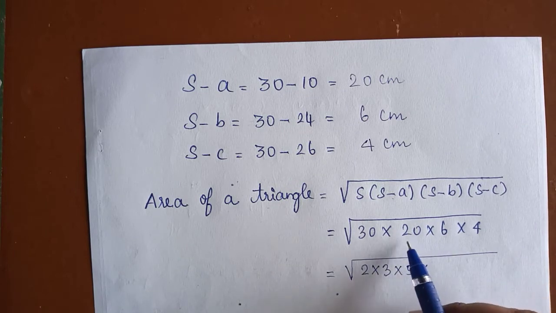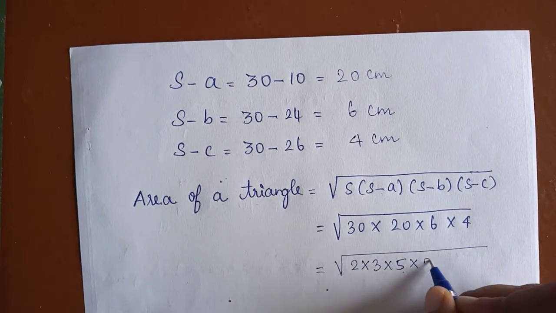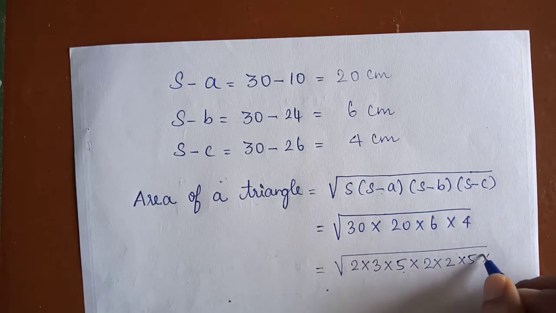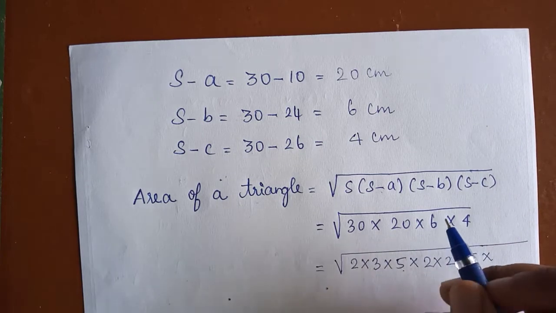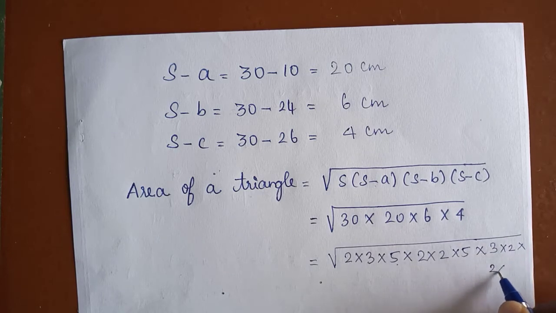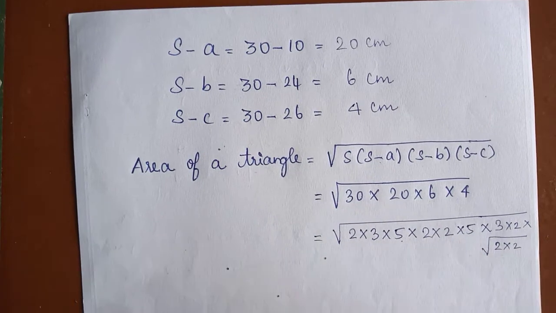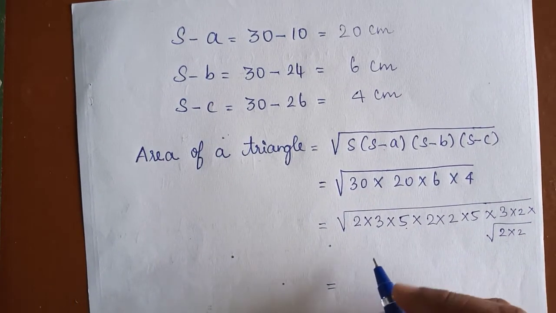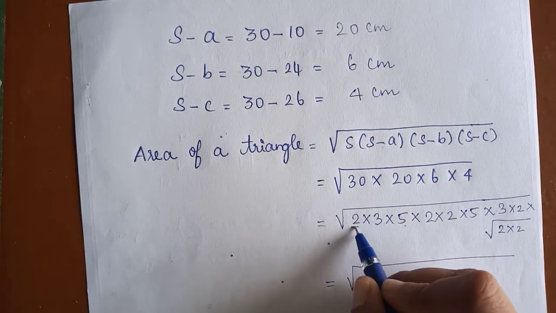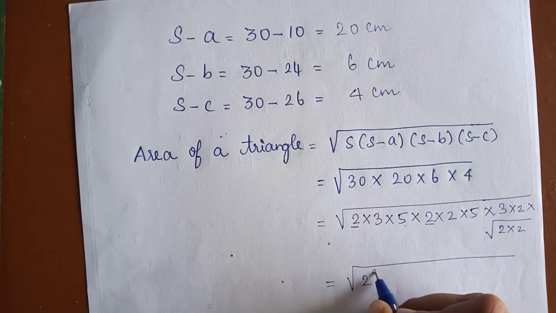We can split 20 as 2 into 2 into 5, since 2 2s are 4, 4 5s are 20. Again 6 you can write as 2 into 3, and 4 is 2 into 2. I don't have a line, so I write like this. Continuing, you can write this as 2 square